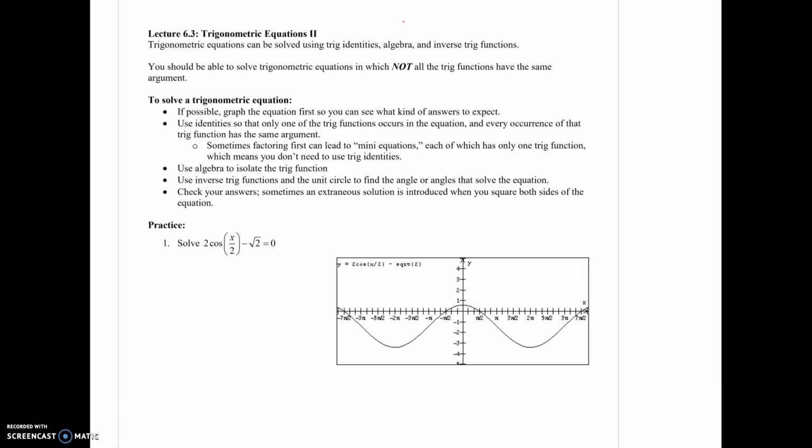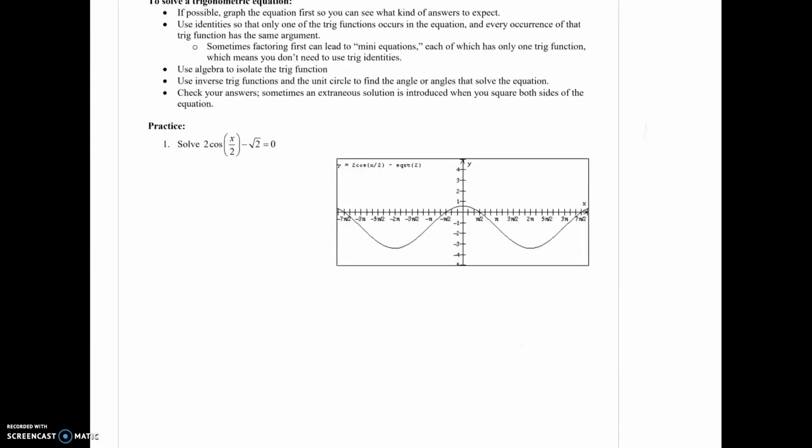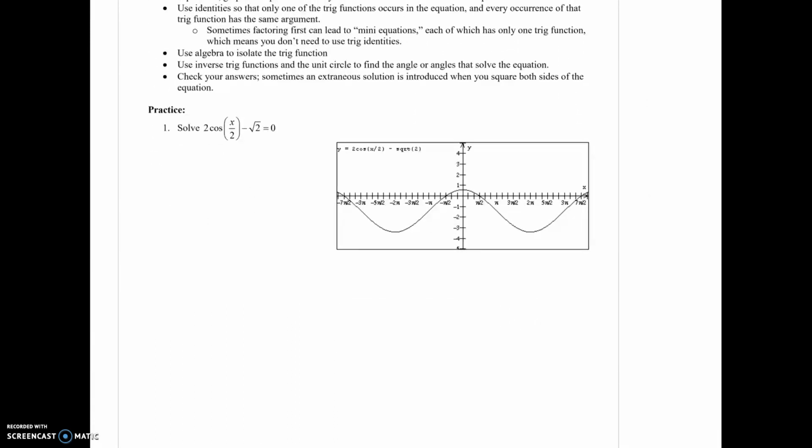So alright guys, now we are going to talk about section 6.3, trigonometric equations number 2. The big idea is that the trigonometric functions have to have the same argument. I will let you read how to solve a trigonometric equation, and let's jump into a practice. First of all, I would like to remind you that you can always use your calculator to find